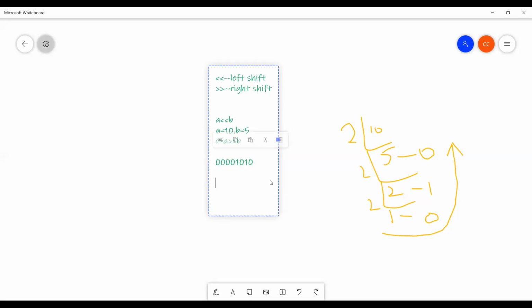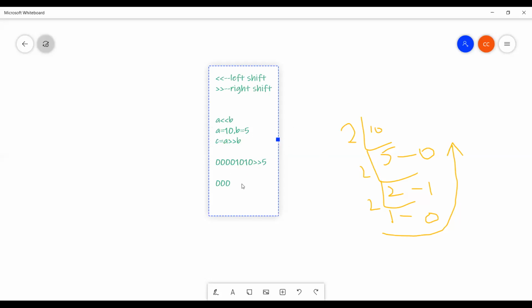The value will not change. Okay. Then what is 5? B means 5, right shift. How many values are we going to drop? 5 values. Where? Right side. 1, 2, 3, 4, 5. If you drop 5 values, what is the result finally?